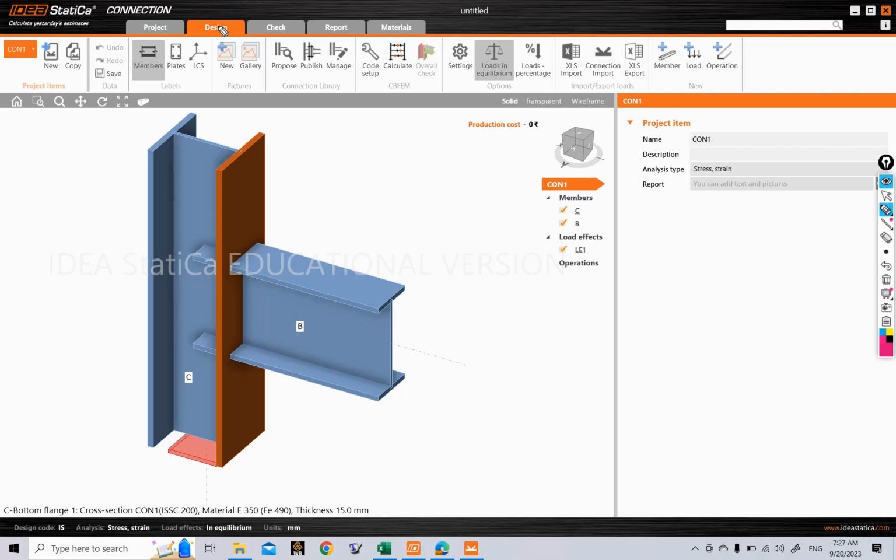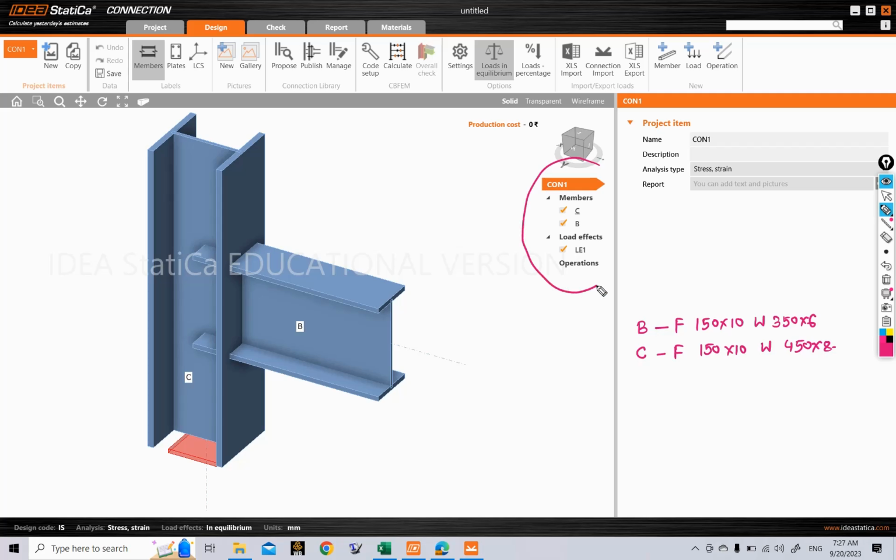So we are under this design tab here. Let me write it again. Our beam section has a flange of 150/10 and web of 350/6, and our column section has a flange of 150/10 and web of 450/8. Now to do that, let's see here. If you see in this part of the screen,